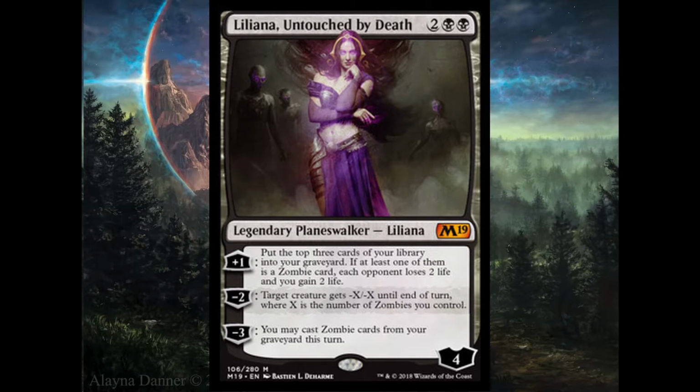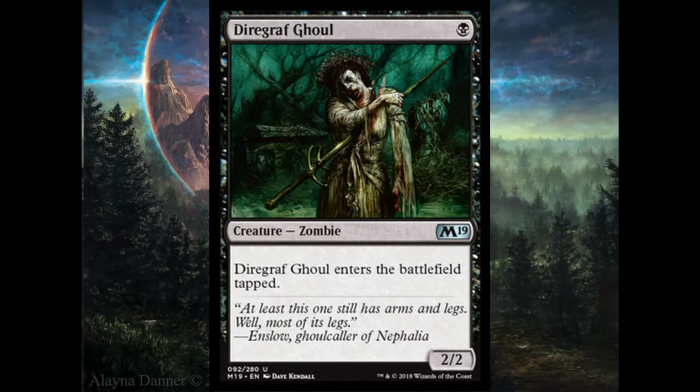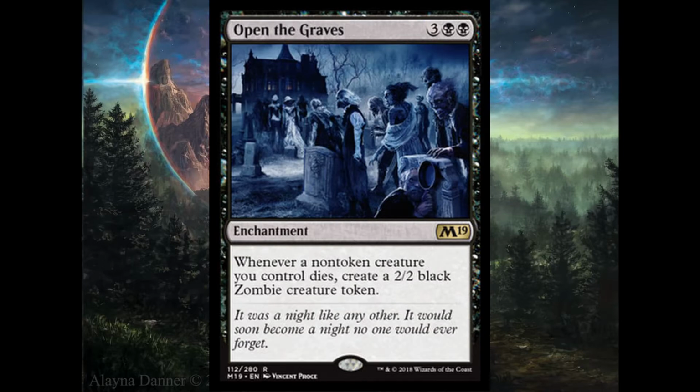Core 19 has many zombie cards. You probably know there's a Death Baron, Diregraph Ghoul. Diregraph Ghoul it's subtle, but it's a 2/2 for 1, enters the battlefield tapped. That thing is destined to come back over and over again. Such a cheap cost for a 2/2. Graveyard Marshal is 2 black, 3/2. Open the Graves, which is an enchantment, and whenever a non-token creature you control dies, create a 2/2 black zombie. So as your zombies die, they create 2/2 black zombies, and then Liliana can trigger that -3, and you can cast them from your graveyard for them to die again and create more zombies. So I can't wait for these synergies to build decks that